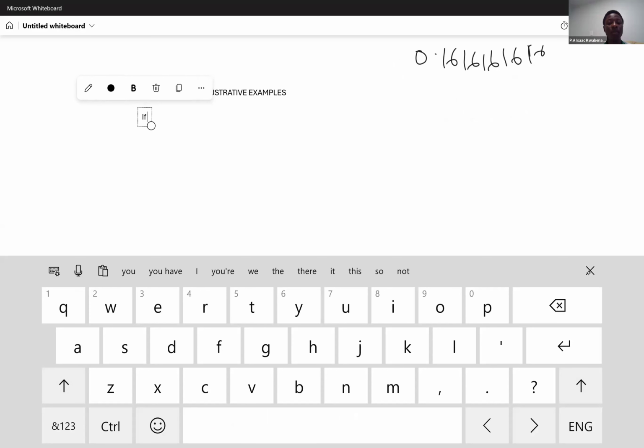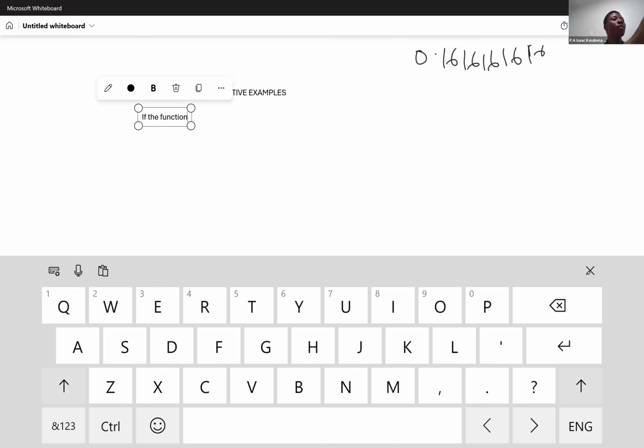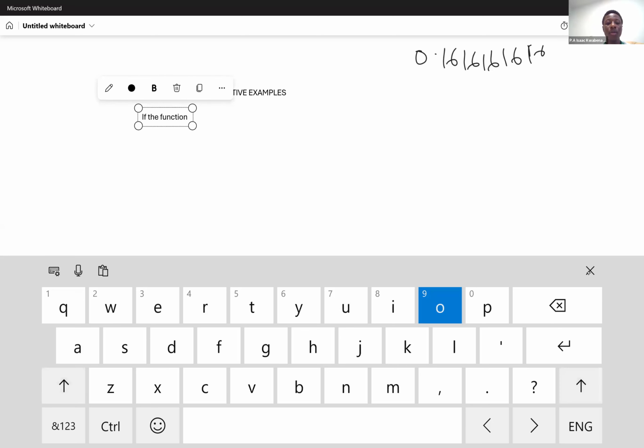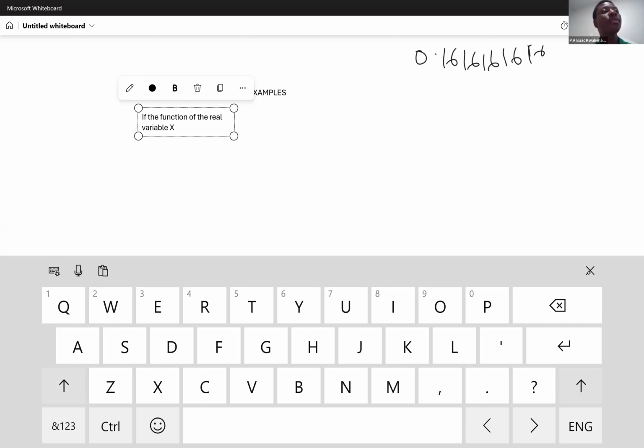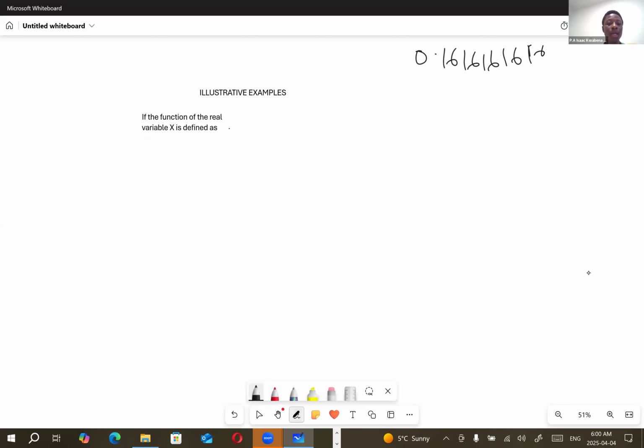So if the function of the real variable x is defined as... okay, let's express it. So it's defined as